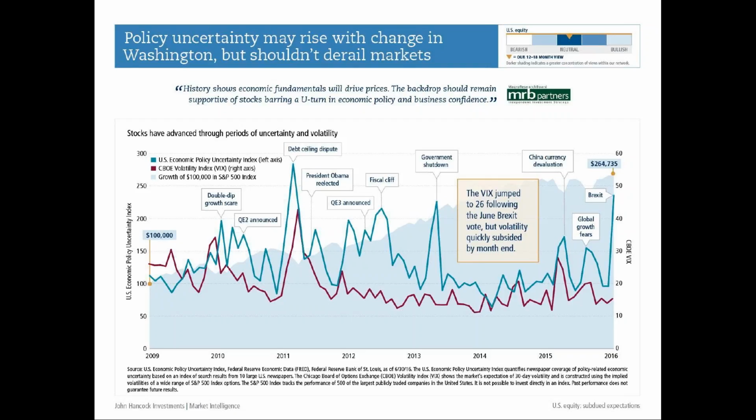But then a couple weeks later, people come back, they start investing again, and people move on with their lives. And what you've seen, if you look at the back part of this chart in the light blue, it's just the S&P 500 index. And it's just kept on going higher, even though all these things have happened. If you invested $100,000 in 2009, through 2016, it'd be worth $264,000. And it would have been through all these other geopolitical risks.